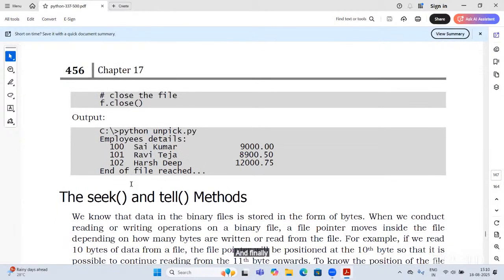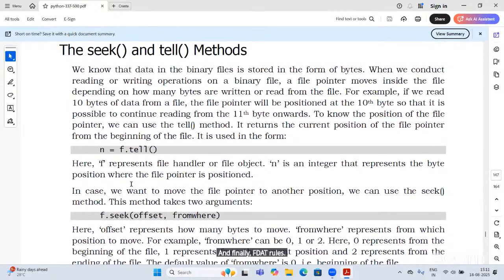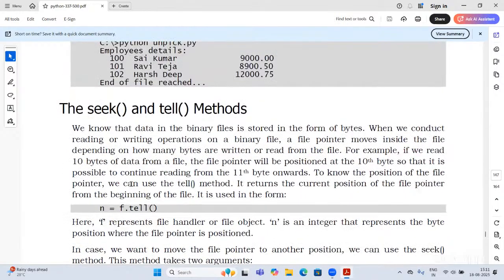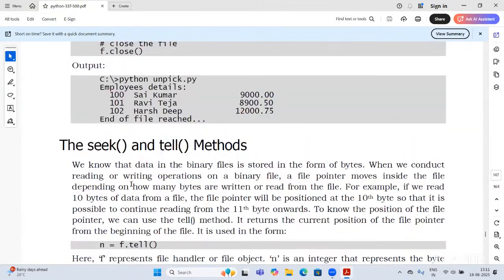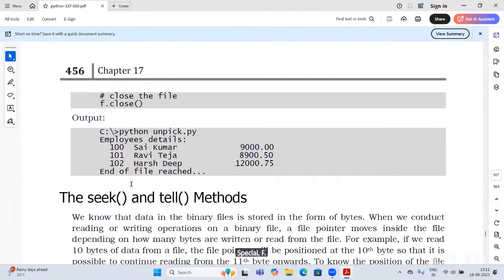And finally, f dot close. This is the output. Python unpick.py, that is the employee details.